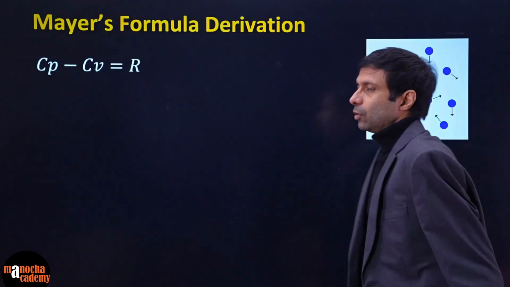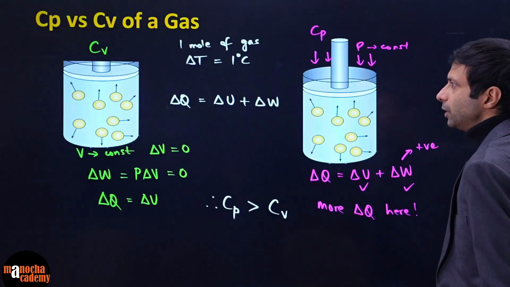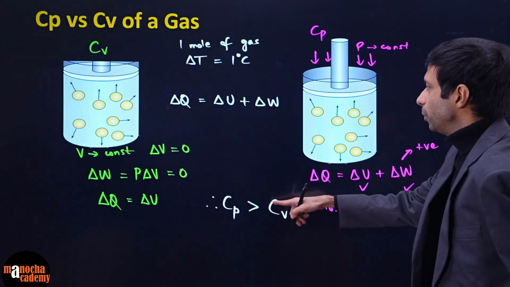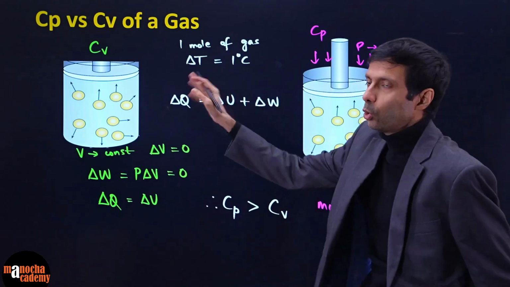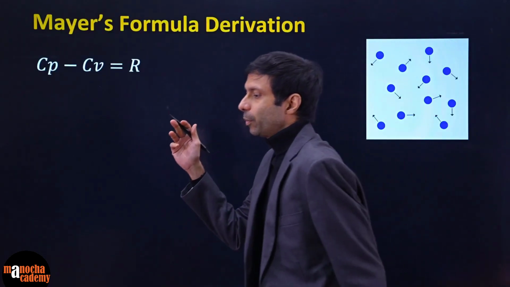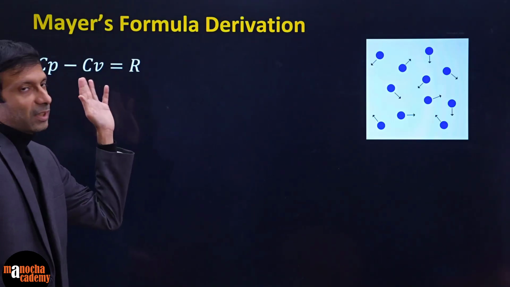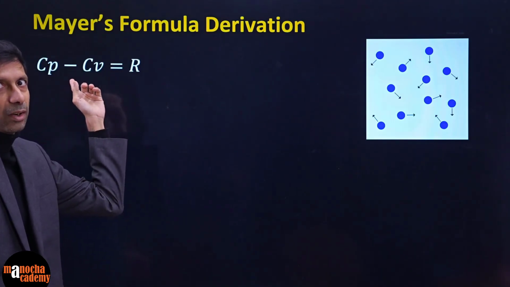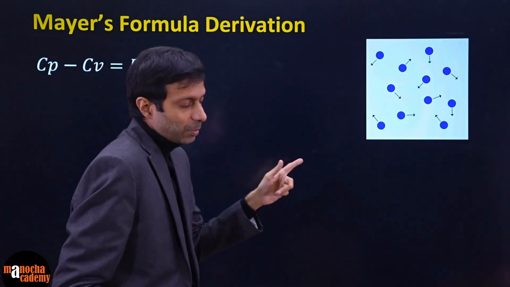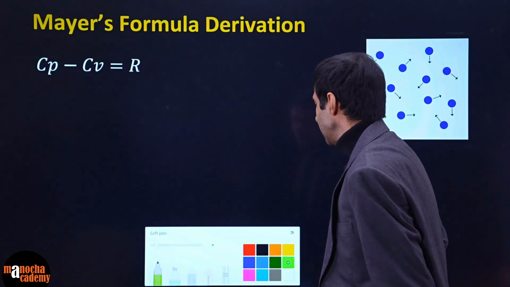That is why the change in internal energy is nCv delta T, because delta W is 0. So we had discussed that Cp is greater than Cv. Intuitively, because at constant pressure work is being done, here no work done. So Cp is greater than Cv. But there's an important relation which is called Mayer's formula, that Cp minus Cv is our very own universal gas constant R. Again, these are the molar, for 1 mole. So molar specific heat at constant pressure minus molar specific heat at constant volume equals universal gas constant.